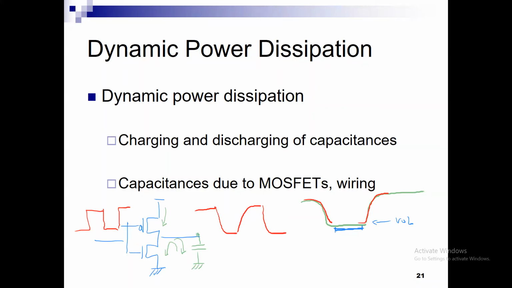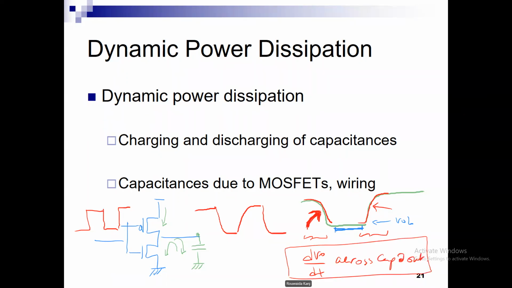But at those two edges I am performing some dynamic operation where I am charging, increasing the charge in the capacitor, or decreasing the charge. So we are now talking about dynamic activity where there is some dVO by dt across the capacitor at the output. Okay, this is dynamic power dissipation. The static power dissipation is when the output is at steady state, there is no dVO by dt, we do not consider